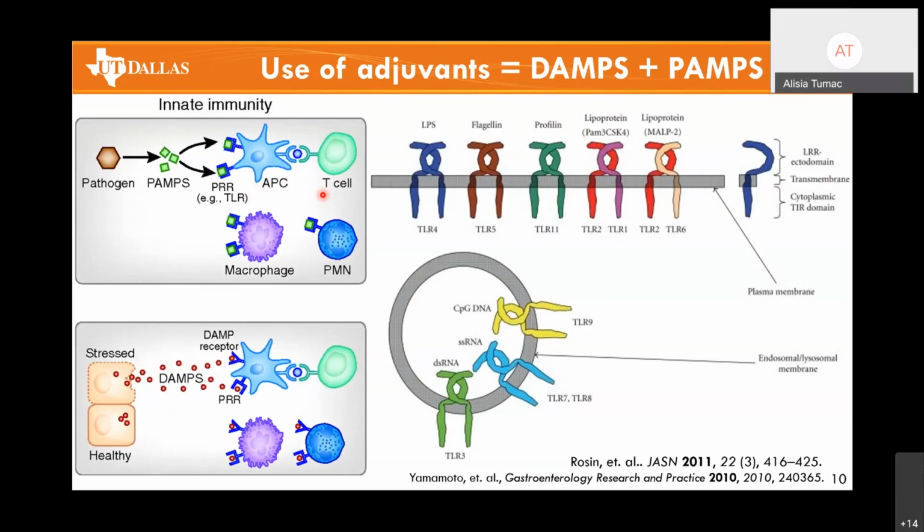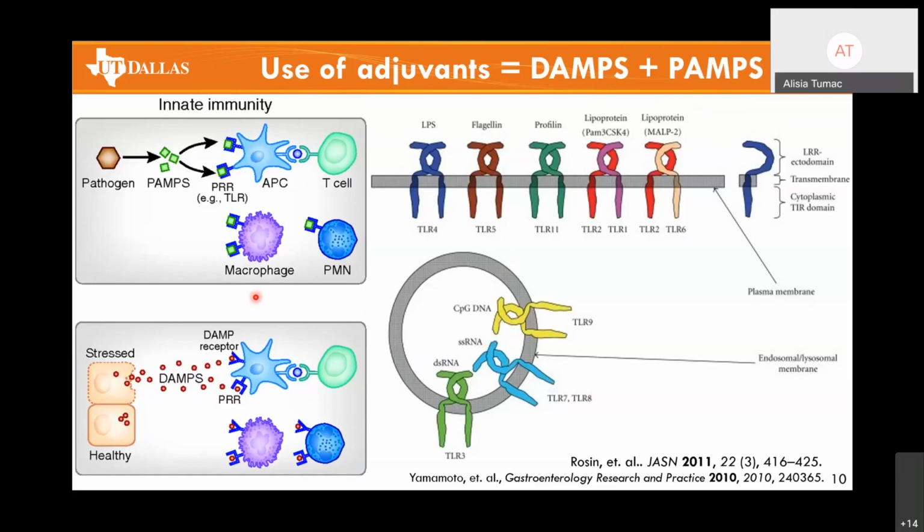repair. The plasma membrane toll-like receptors recognize extracellular-looking pathogens, while the internal or endosomal lysosomal receptors can recognize intracellular or intracellular-like pathogens. So adjuvants mimic bacterial or viral infections by introducing specific components that will activate the immune system through these pattern recognition receptors. Another type of pattern recognition receptor is a nod-like receptor, and this is related to the DAMP